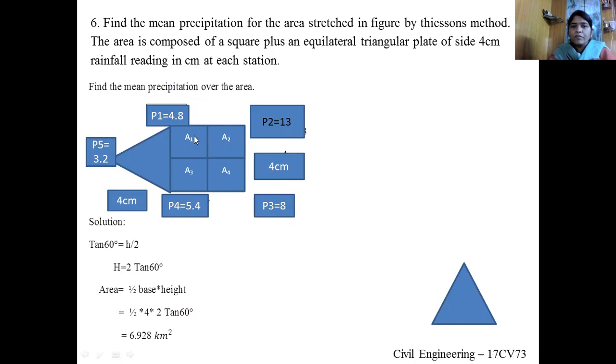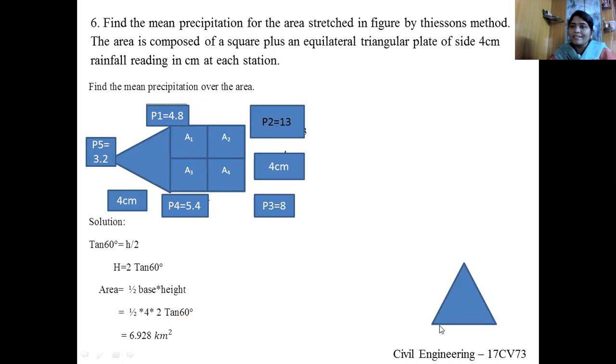So first part, now A1 and A3 will be sharing a certain area of the A5 area. When perpendicular bisectors are drawn, a certain part will be shared by A1, a certain part of the area will be shared by A3, and the remaining will be A5. So when we find the total area A, 1/3 of A will be distributed to A1, A3 and A5. So first, we will take this triangle part.